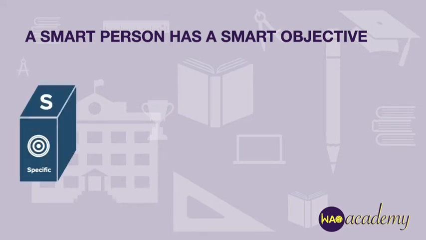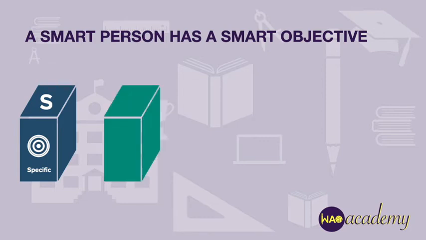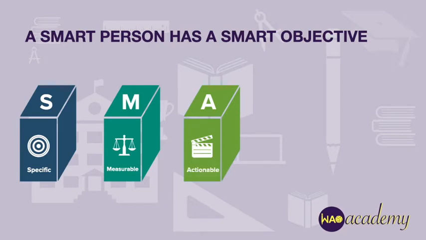Specific. Try to divide your content into small pieces and pick 1 to 2 pieces only for one class. Measurable. There has to be a way for you to check if students have achieved it or not. Actionable. Now there is no use of Gyan unless you can action it, right? I mean, if I am giving some Gyan to my students but it's not possible, then it's a total waste. So you need to check for that too.